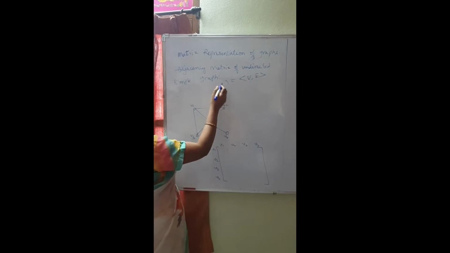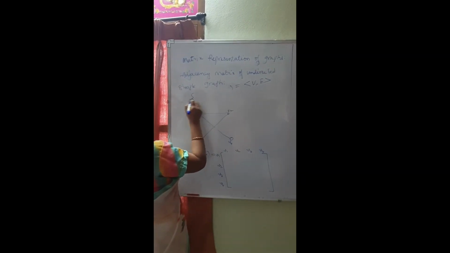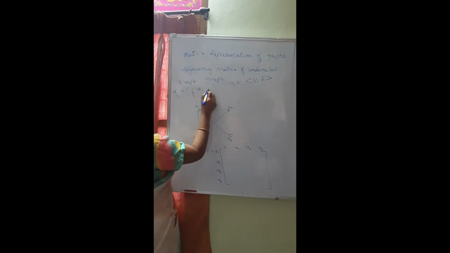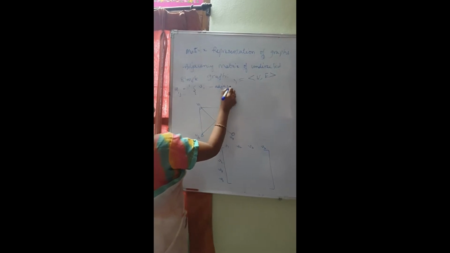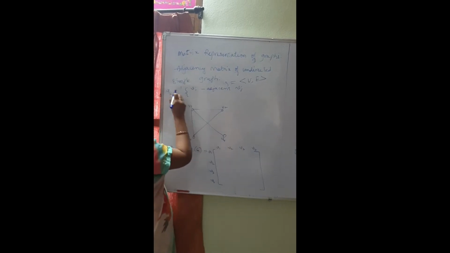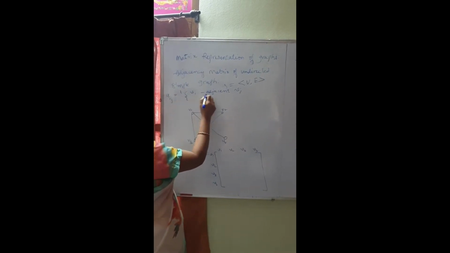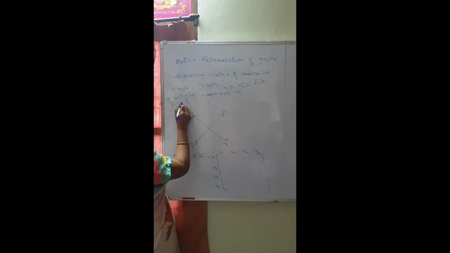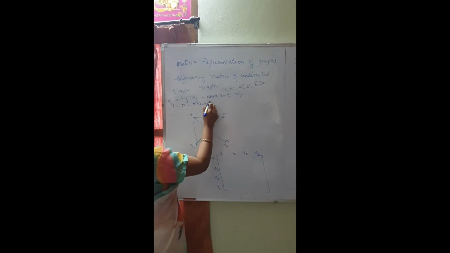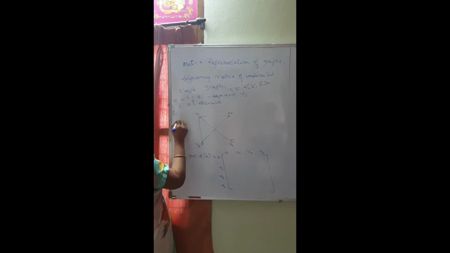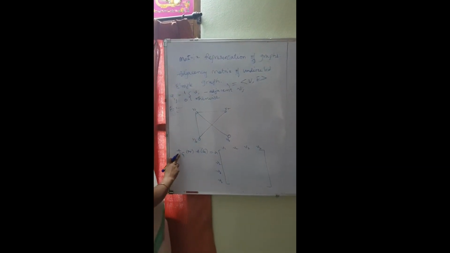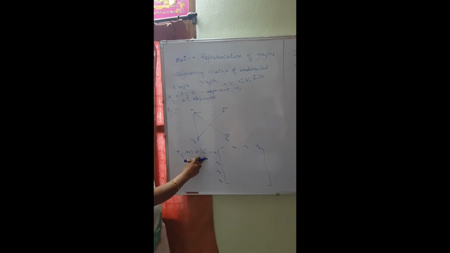We represent the graph in matrix form, where Aij is equal to 1 if vertex Vi is adjacent to vertex Vj, and Aij is equal to 0 otherwise. Here I am going to consider an example, and we always represent the adjacency matrix of a graph by the symbol Ag or A of G.